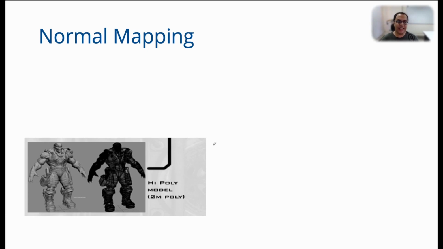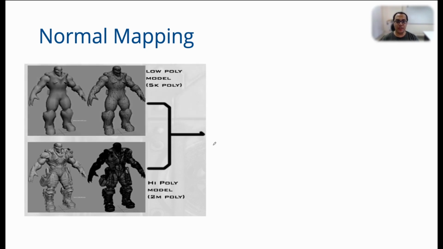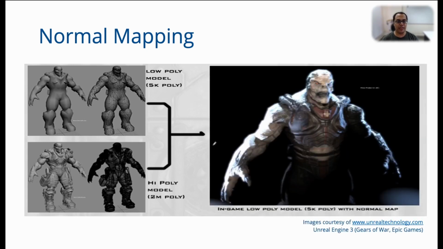So what is done is that I create one high resolution model. I read the normals of this into a normal map. Then I create a low resolution version of this model. So you can see that the low poly model has only 5000 polygons. At render time, I replace the normals of the low poly model with the normals stored in my normal map. And the output that you get looks like this. Output looks really high resolution, whereas you do not have any of this geometry burdening your graphics pipeline.